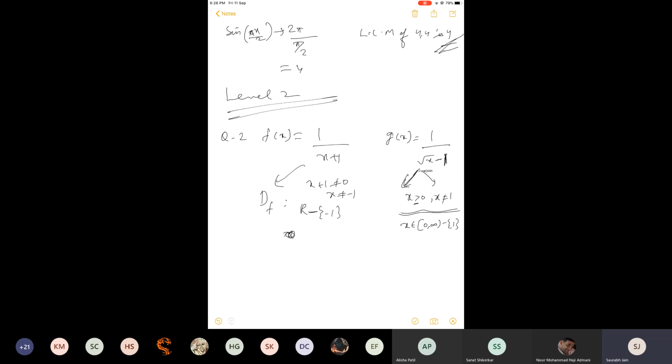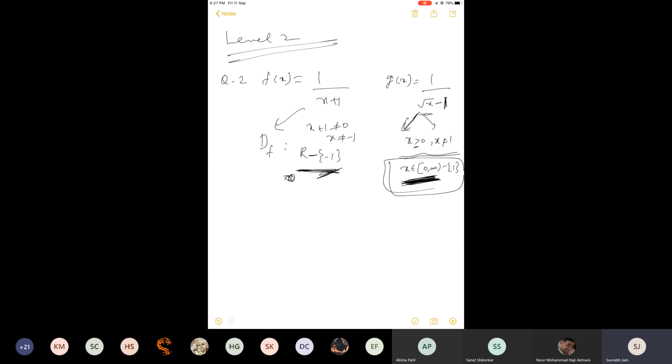Also you have the options. This one is saying that I can only take non-negative values. Please note, non-negative. And the other is saying that it can take any value except minus 1. So it can't take minus 1 either. Minus 1 was already not here, but they have only positive numbers. So if you go for the intersection, it will be this answer only, the second one.